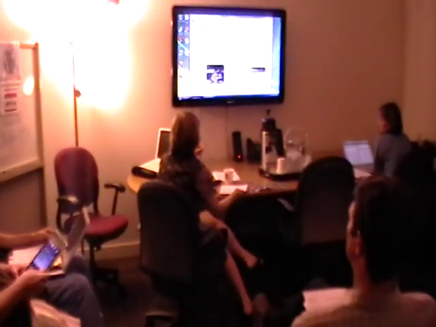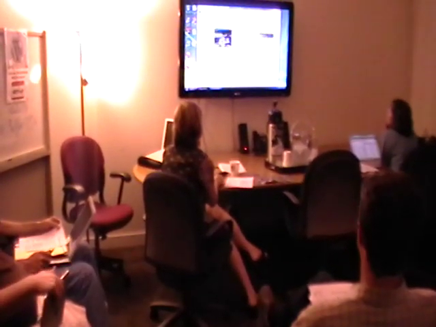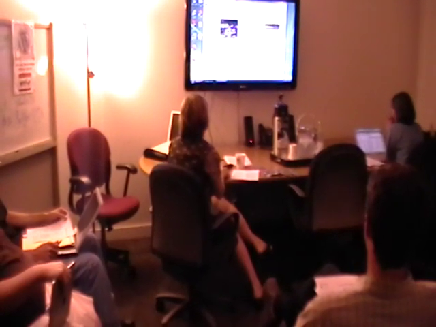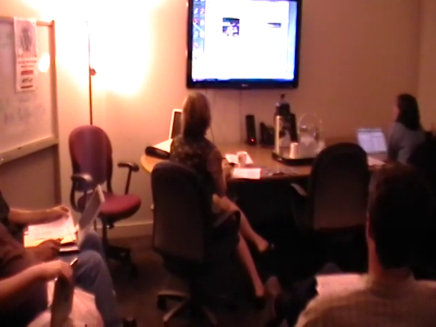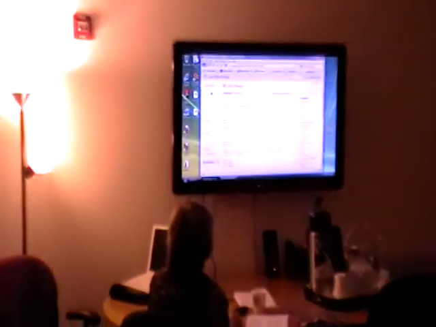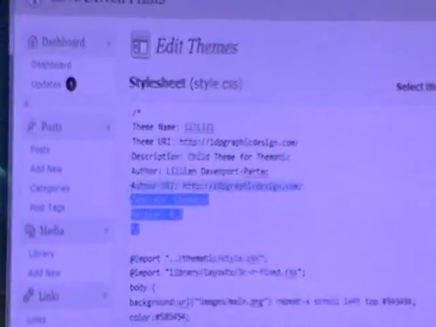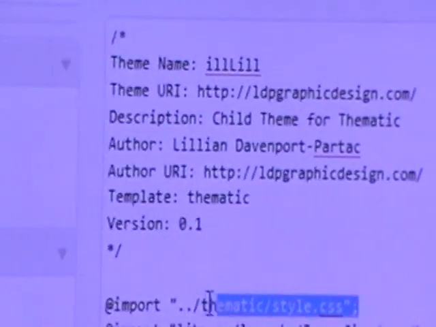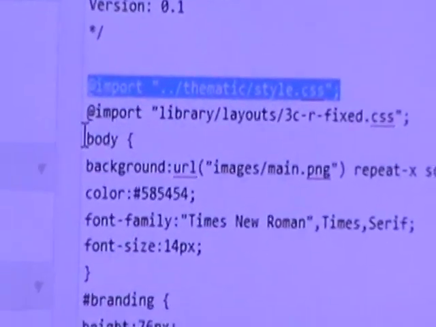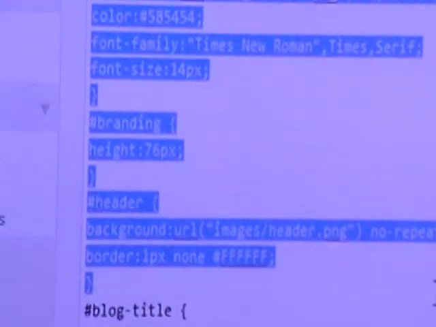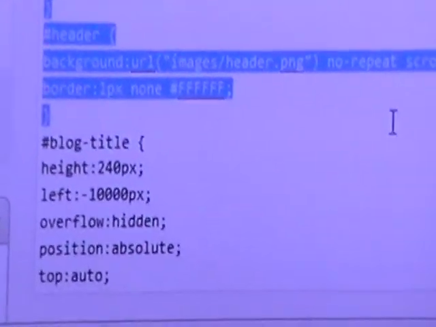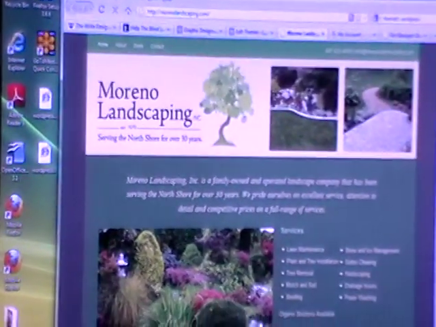So now that we have our child theme installed, we can edit the CSS under Appearance Editor, and here's the CSS style sheet. As you can see at the top here, I have that code that calls to the parent theme. And all of these styles are styles that I wrote myself that override or add to the parent's styles. And the way that I went about this is using